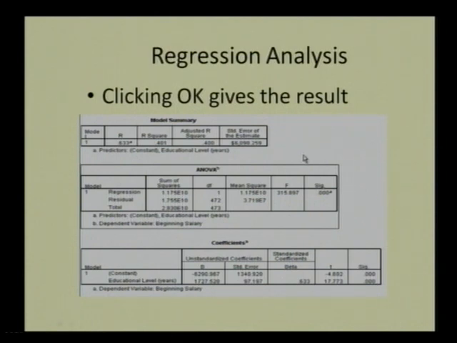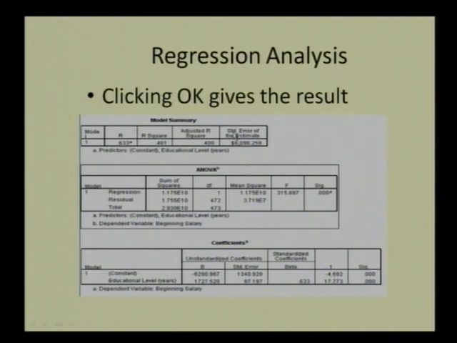So this is the output of the regression analysis, where you are given the correlation between them. This is the R square, the coefficient of determination, the adjusted R square and the standard error, and this is the ANOVA table. By looking at this ANOVA table, the p value is less than 0.05. So you can say that the beginning salary depends on the education, and it is showing 57.3%, so 57.3% of your total salary can be explained by the education level. This is the SPSS output, and this is the individual testing of the parameters beta 0 and beta 1. These are the corresponding t statistics you have.